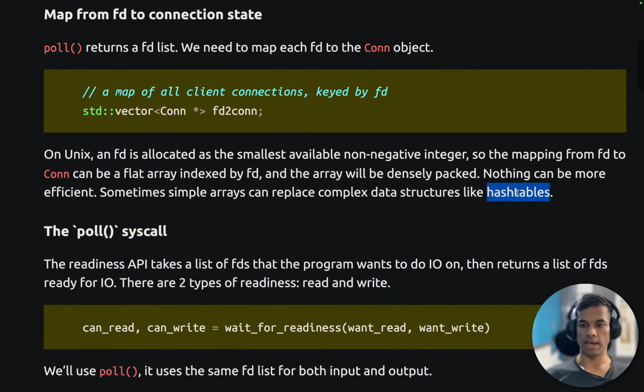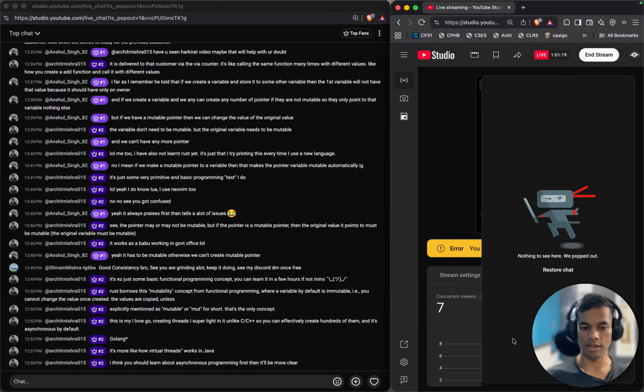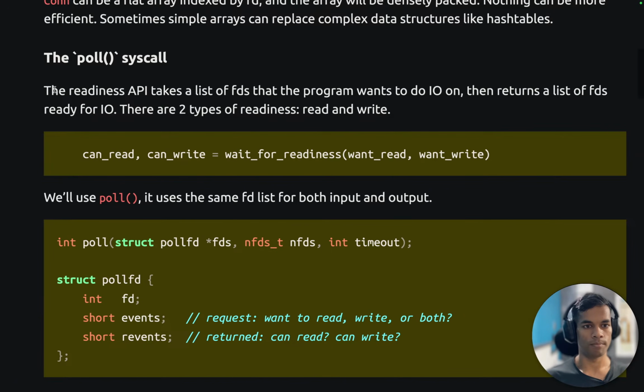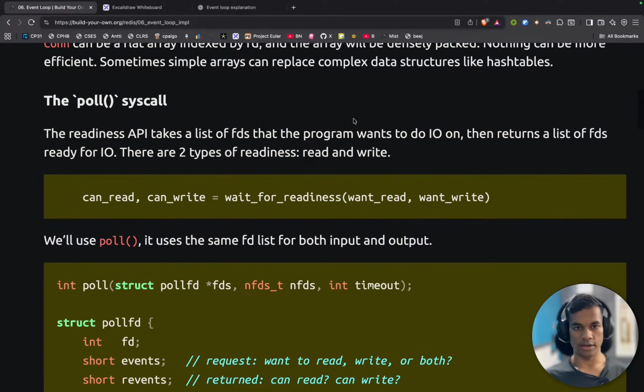We don't have to use hash maps. We can just use a vector where the file descriptor is the index. That is cool. The readiness API takes a list of file descriptors that the program wants to do IO on, and also